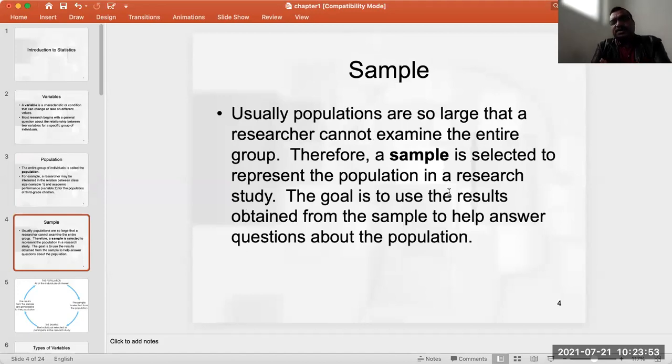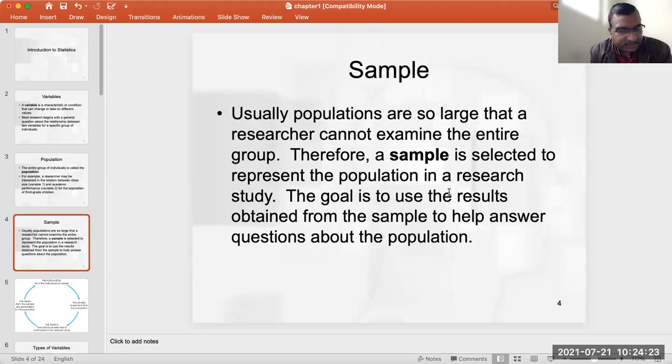Usually the population is so large that a researcher cannot examine the entire group, the entire universe of interest, whatever that may be. Therefore, a sample is selected on the basis of your sampling design. Okay, how you are going to select the sample, and whatever result you obtain from the sample.